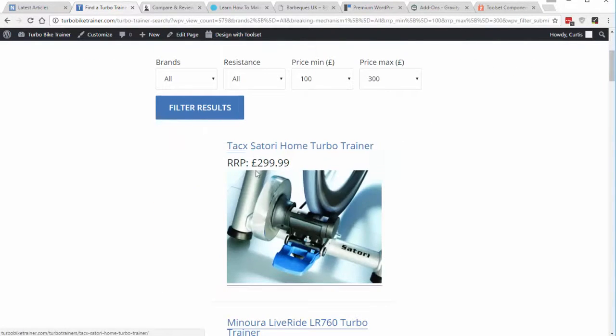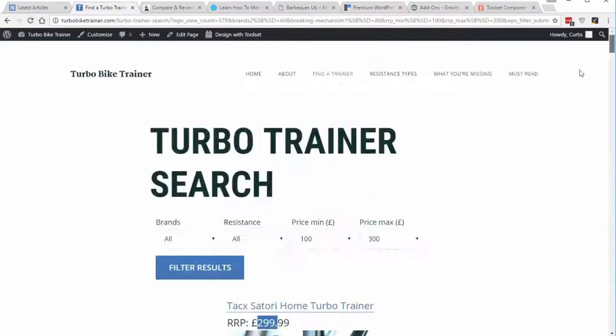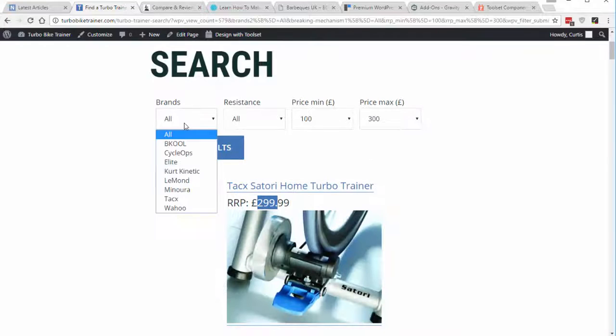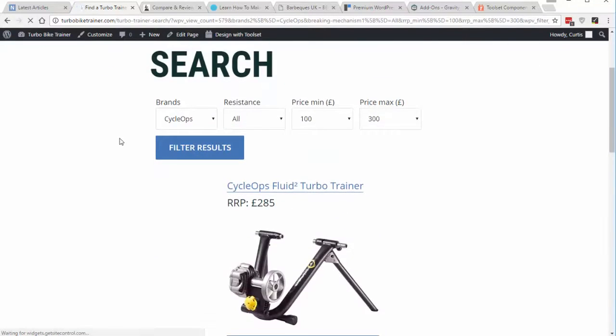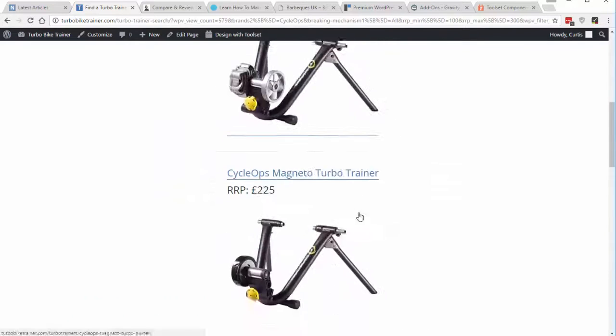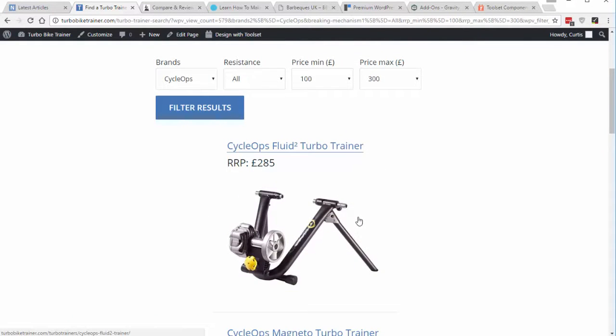And you'll see it brings back all the ones with an RP between 100 and 300. And you can go back and say, oh, I only want the brand Cyclops. And again, it goes and filters it to just show the Cyclops. This nice layout and search features is all done using the Toolset plugin, and it's actually done using the Views